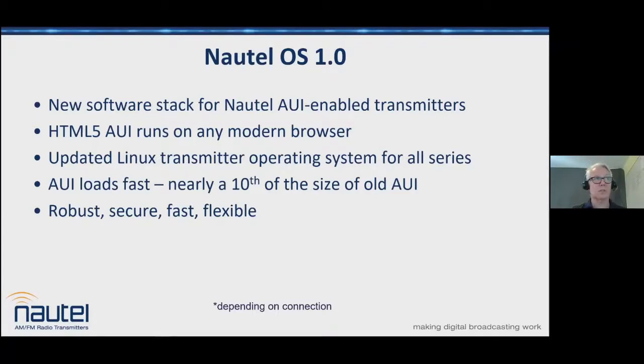The nice thing is that the actual AUI that gets transmitted to your browser from the site is about 1/10 of the size of the old Flash one. So the Flash one was about 9 megabytes, which, if you've got low connectivity, if you've got low bandwidth on your connection, that's, as one person described it to me at NAB a couple of years ago,